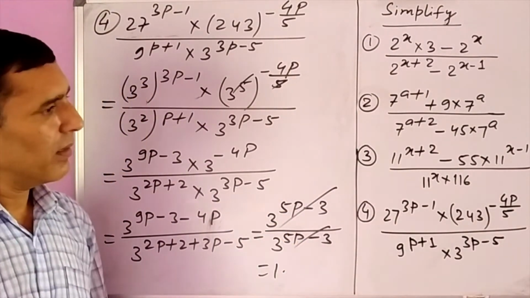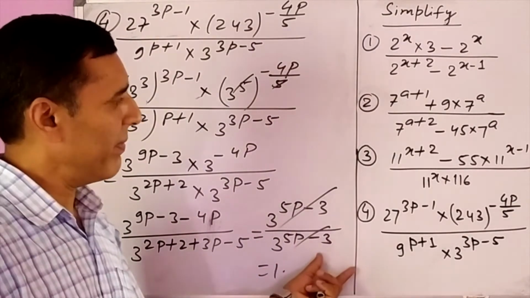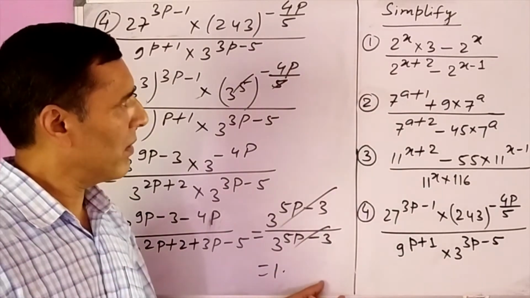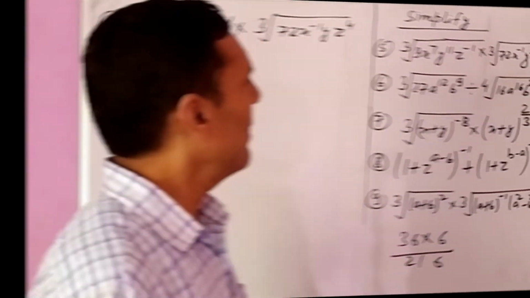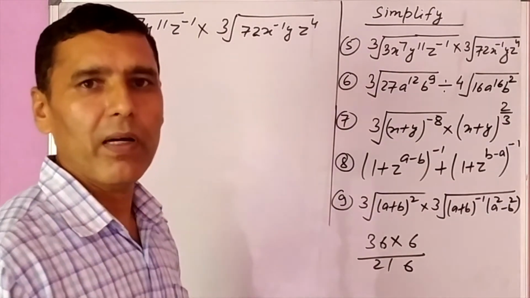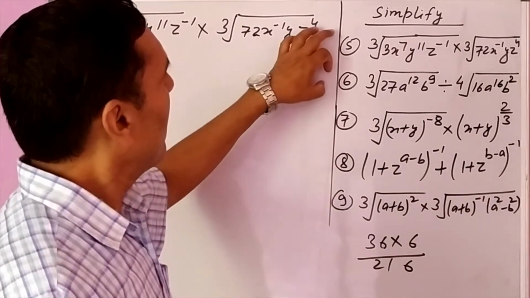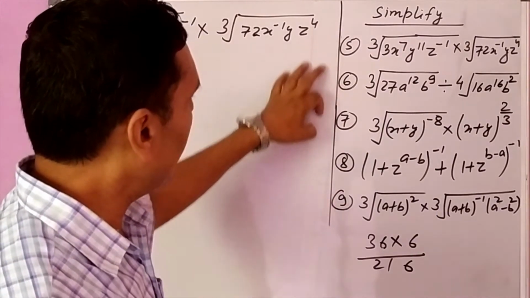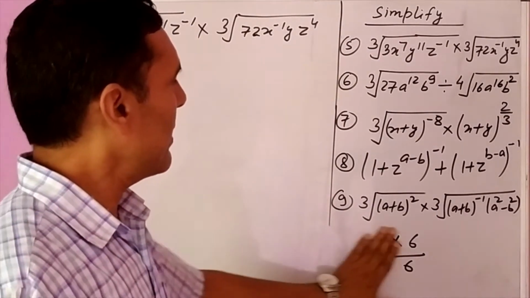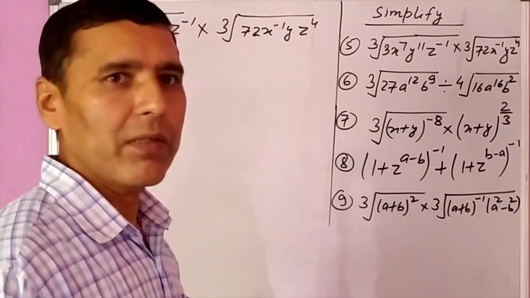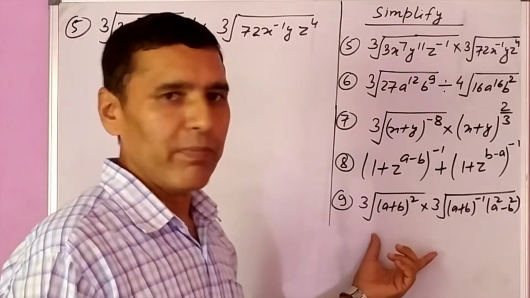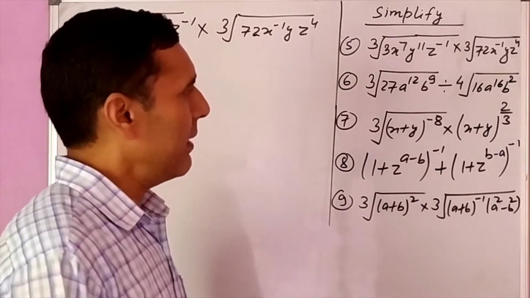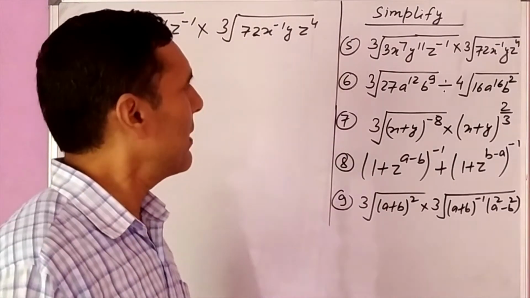So we did some questions here for simplification, short questions. In the coming classes we will simplify more. Here we have some more short questions from the indices. Question number 1 to 4 we did in the previous class. Now today we have question number 5 to 9. These questions are also important questions for SE. These were asked many times in exams, and for the next SE also these are very important questions.